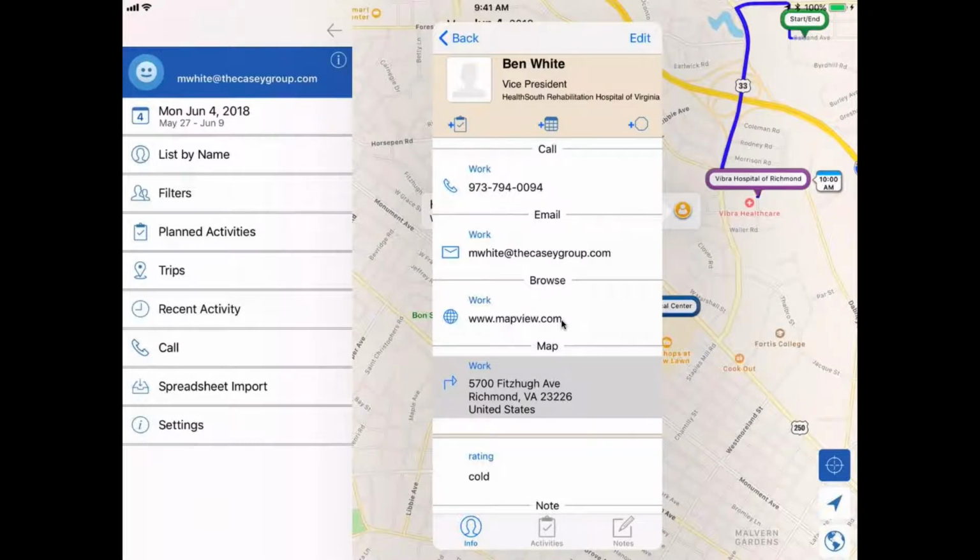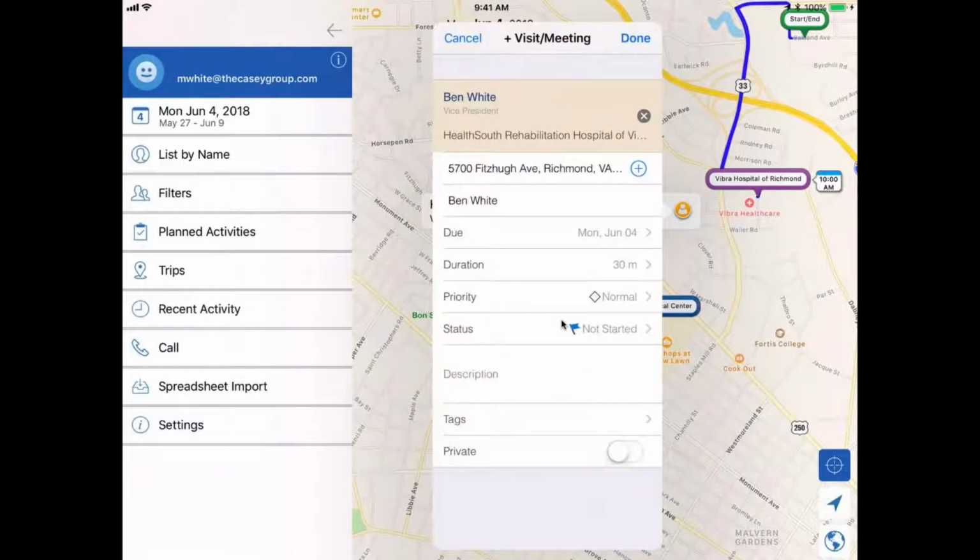on June 4th or 11 a.m. A drop-in visit or a meeting task is to the right. It's that stop sign icon. And that means that I want to see this person today, but I'm not really sure when. So once you tap on that, you actually get the details of the event. So the app will pre-fill as much as it can. And our default setting for our meeting visits are 30 minutes. That can be changed based on your needs. But if that works for you guys, then all you would need to do is tap done.